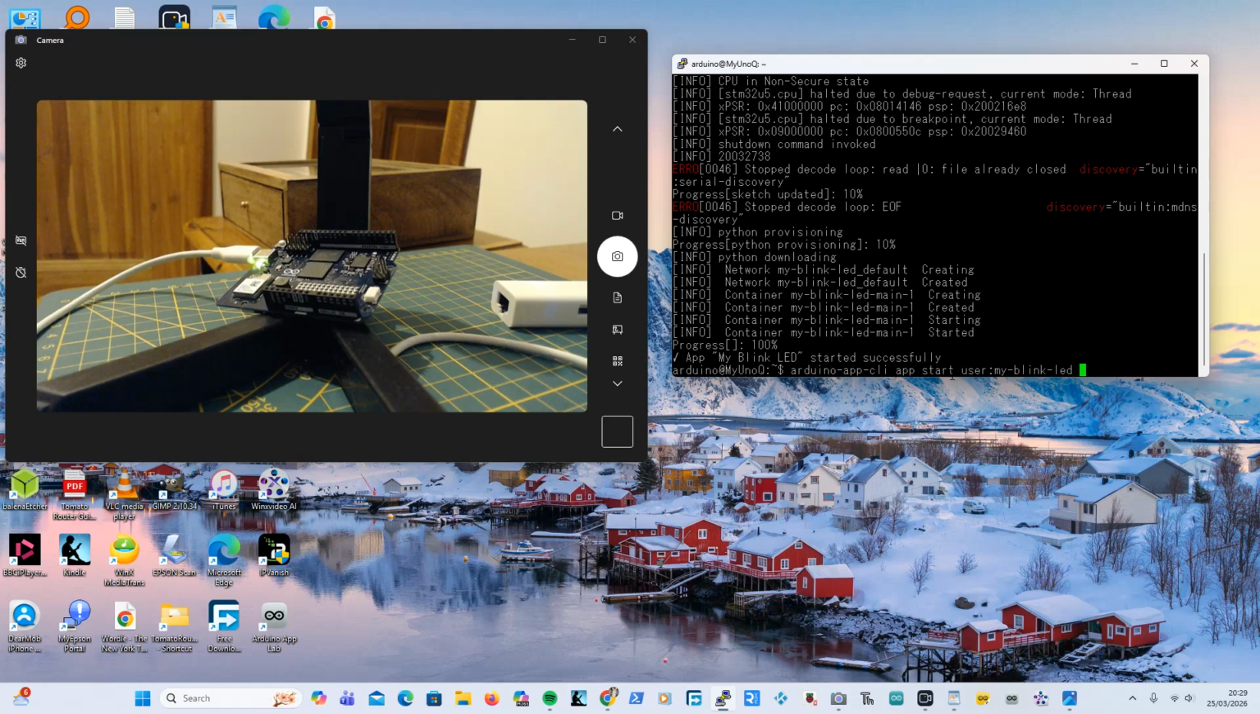So as opposed to, you've got Arduino app CLI app. I wish I hadn't done that because I wanted that bit. Oh, come on. Oh, I've lost it. Come on. Right. Arduino CLI app start. Oh, that was my blink LED. Right. As opposed to start,